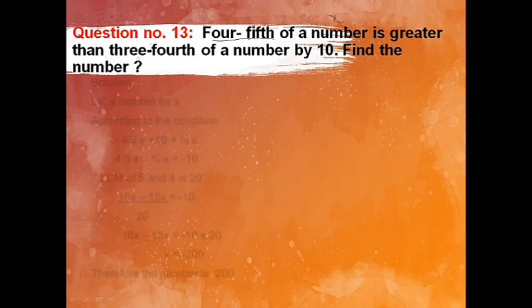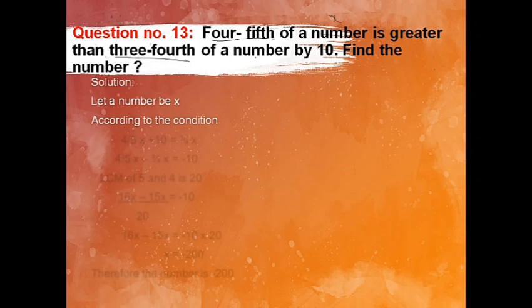4/5 of a number is greater than 3/4 of a number by 10. Find the number. So we will write the equation by using this statement, and first we will take the number as x. So solution, let a number be x. Then according to the condition, what is the given condition? 4/5 of a number means 4/5 of x is greater than 3/4 of a number means 3/4 of a